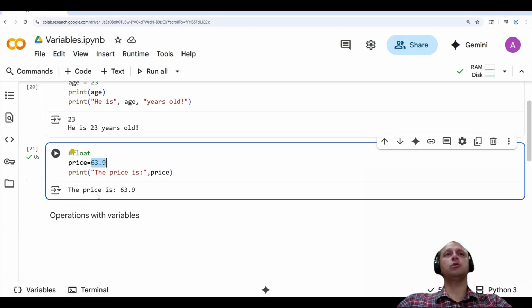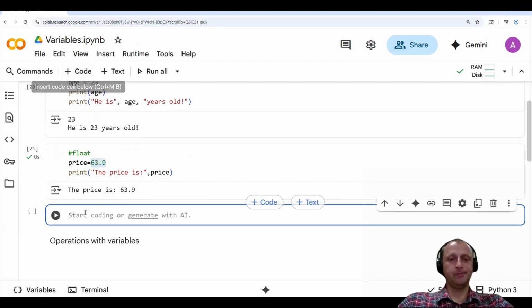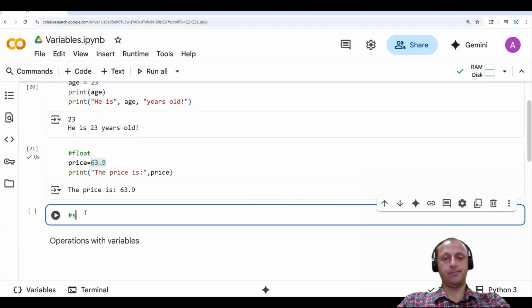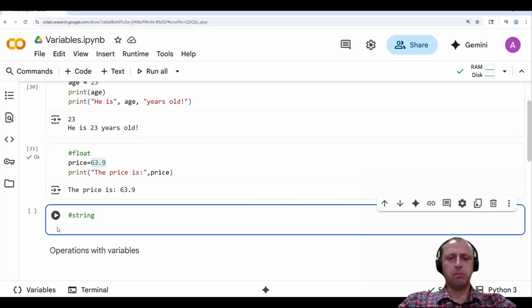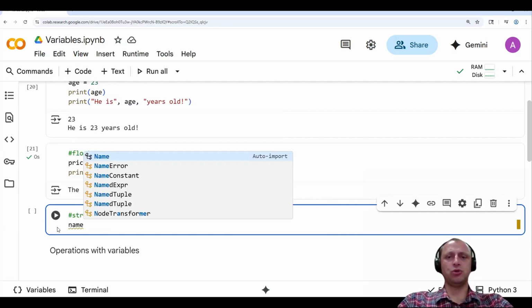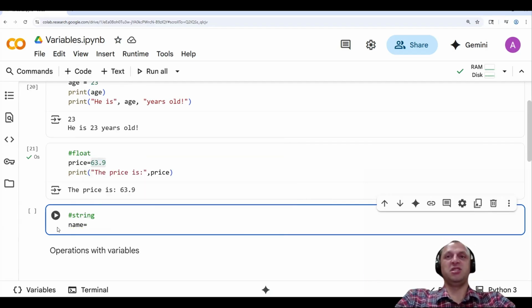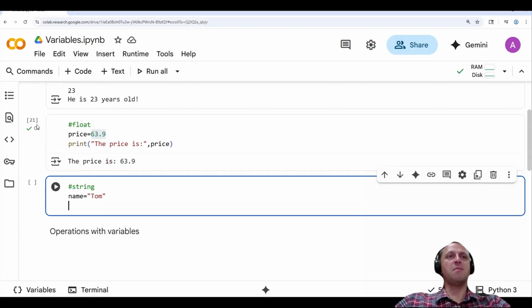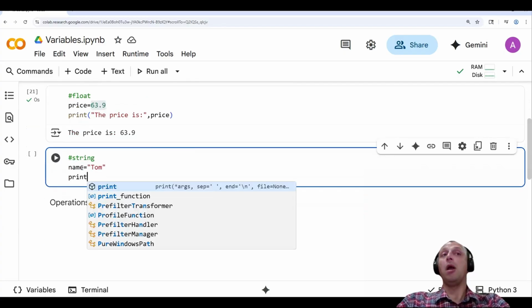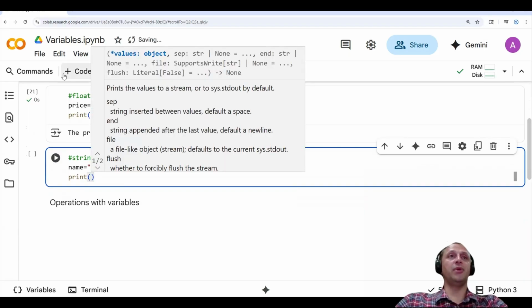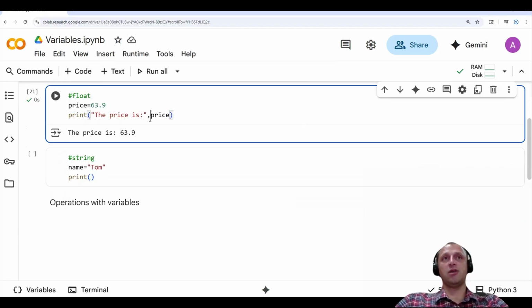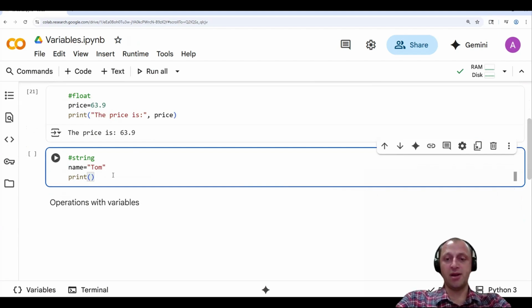Also, if you want to use a string, let's use also a string one. Let's put name, which is the most used variable name, the name of a person. Let's say I will have here a name. I will have Tom. So actually this will be the name, and if I want to print now, I can use this print signature that I have used here. So I'll have my name is